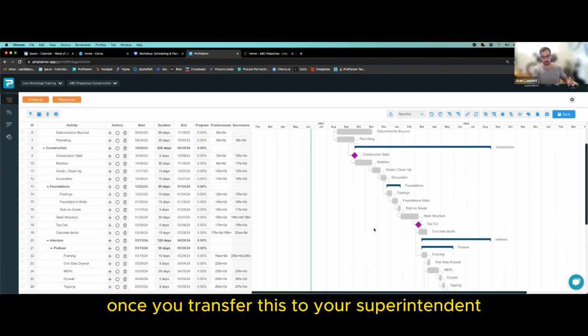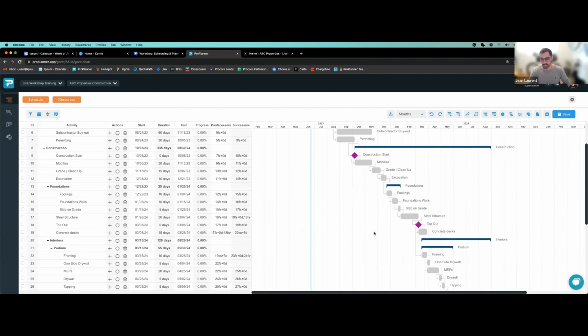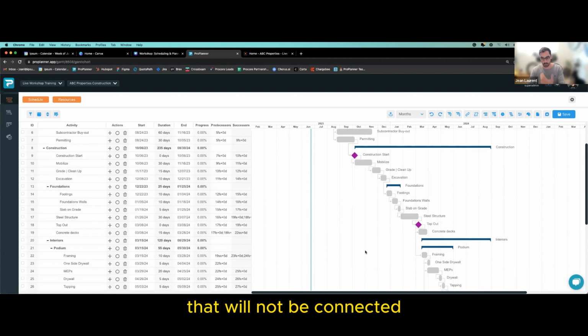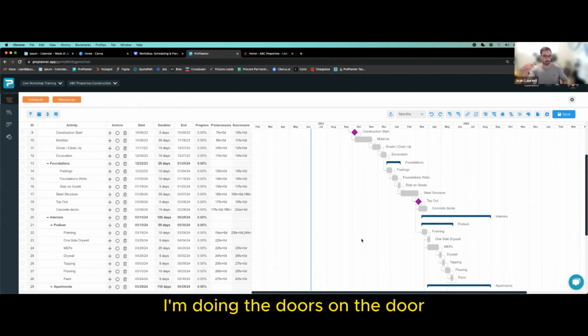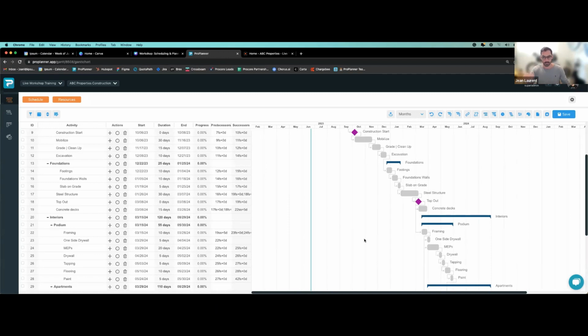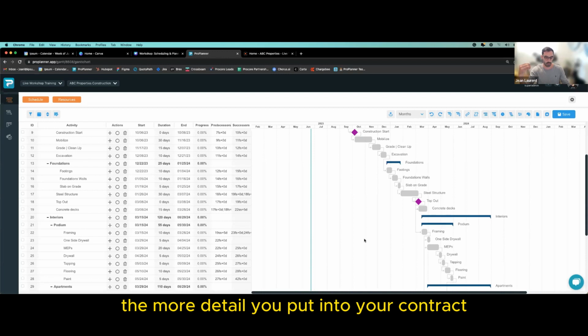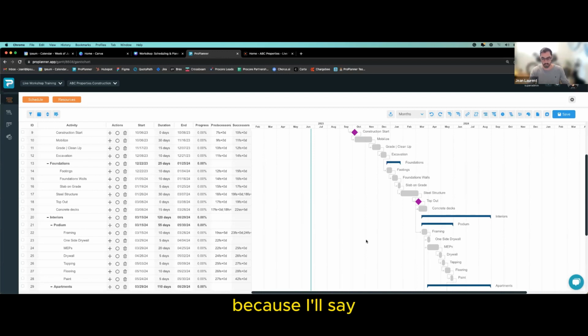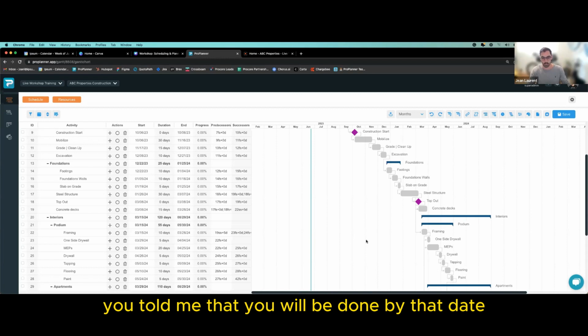What that makes is that once you transfer this to your superintendent, it's very likely that they'll just end up taking this and building a Lookahead on the side that will not be connected. And also the danger is if you start saying, I'm installing a door on June 26th of next year, the more detail you put into your contract, the more accountable your owner will keep you, because they'll say, you told me that you will be done by that date,